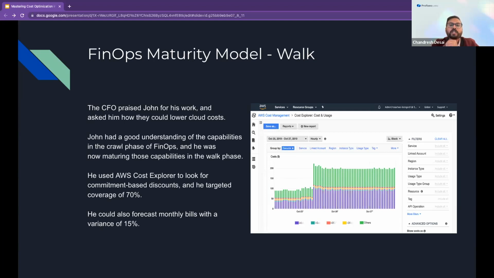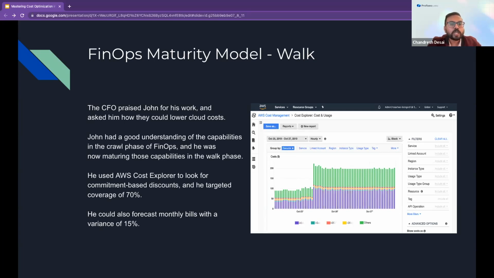John already knows this capability from the crawl phase, and now we need to mature it more in the walk maturity model. In this model, John has the opportunity to utilize AWS cloud native tools. He can use a commitment-based model, or commitment-based discounts, with target coverage up to 70%.